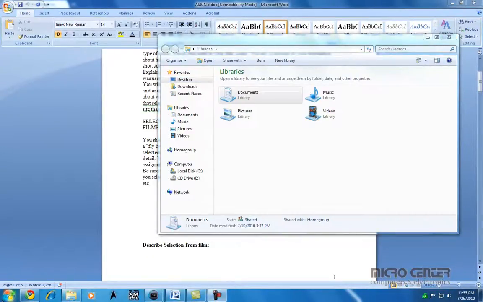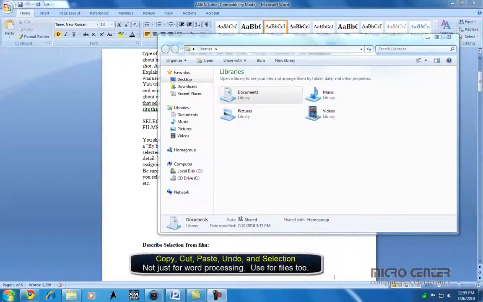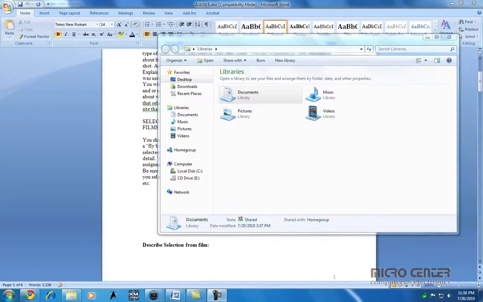The commands for copy, cut, paste, and undo, as well as selection, are not just limited to text in a word processor. These commands are also valid for file manipulation when you want to copy, move, or undo an action done to a file. We've already gone through a bunch, but now let's briefly talk about some of the lesser known